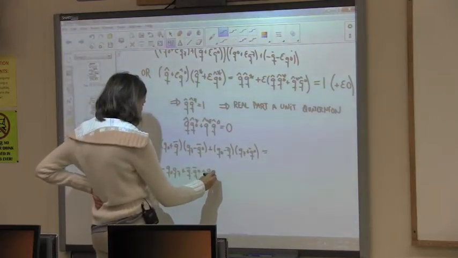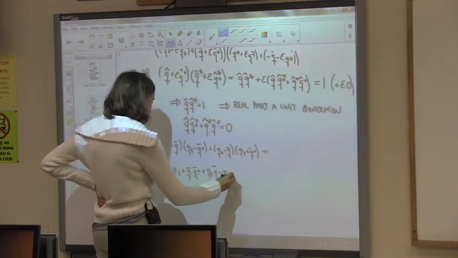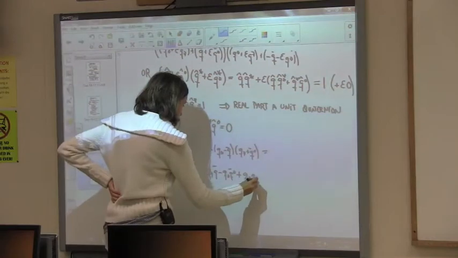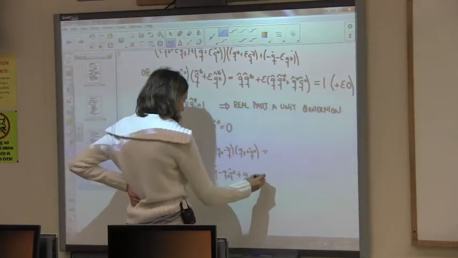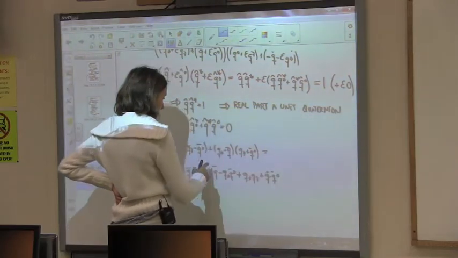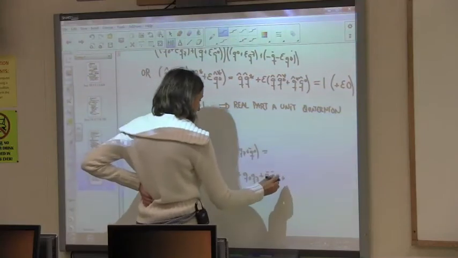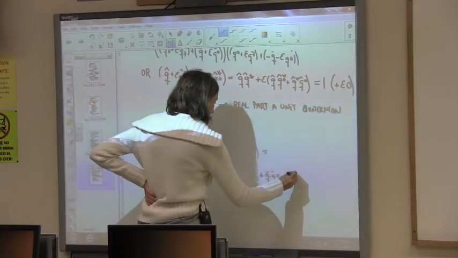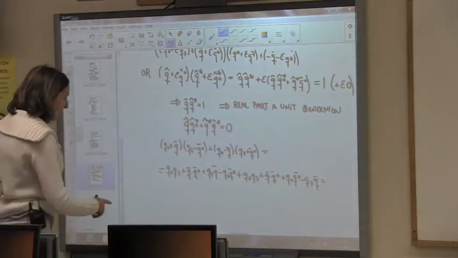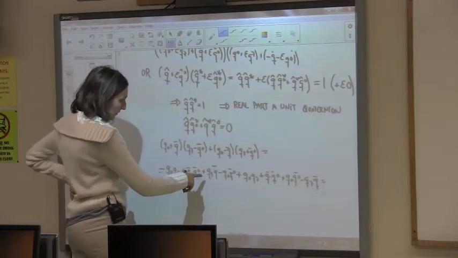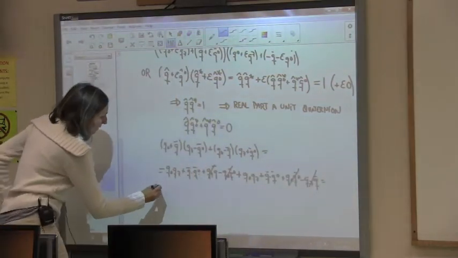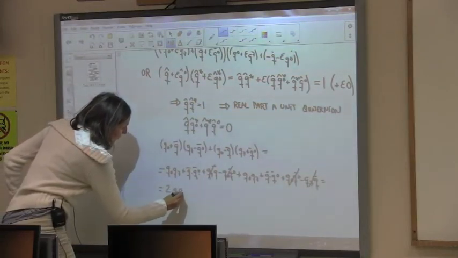plus Q7Q minus Q0 Q super 0, then this plus Q0 Q7 plus Q dot Q0, and then plus Q7 no, plus Q0 Q0 minus Q7 Q. Okay, so Q, okay, I know Q0 Q, this will cancel with that one, Q7 Q will cancel, at the end we get 2 Q0 Q7